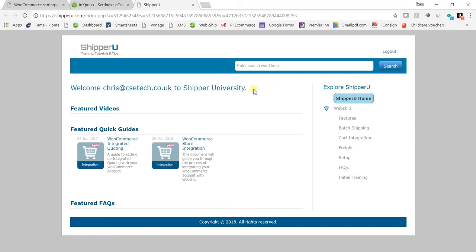And just to give you an idea of what that actually means, the store integration means that all of the orders that the customer receives will then automatically be fed into Webship, for Webship to be able to then do what needs to be done in terms of selecting the carriers, weights and DIMs, generating a shipping label, and then for WooCommerce to receive the information back that A, it's been shipped, and B,